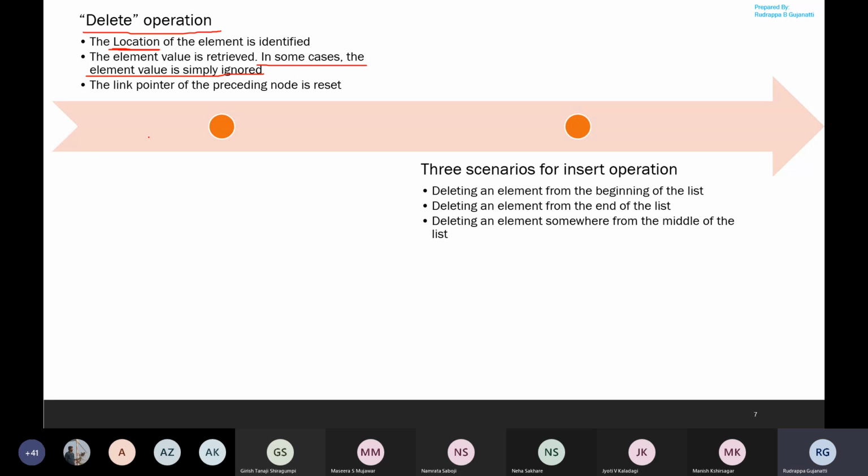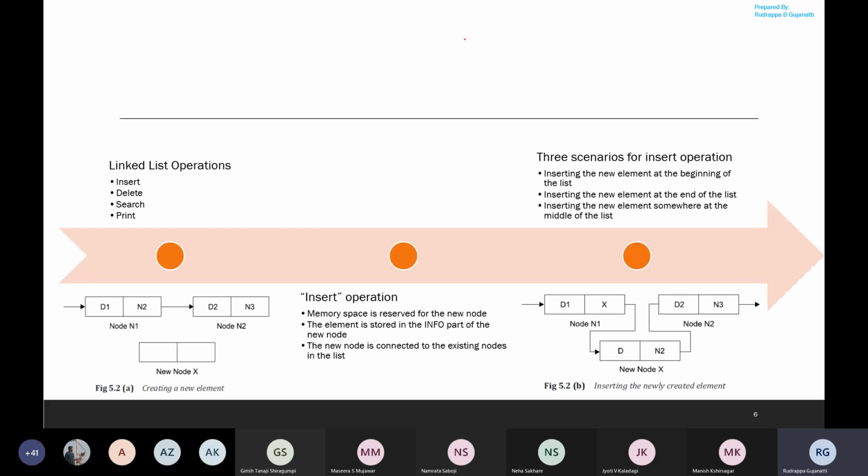So here what is done is the link pointer, that is the next field, is updated. If I am deleting this element, there are 3 nodes before deletion. After deletion, there will be 2 nodes, but still I should maintain the logical connection between node 1 and node 2.